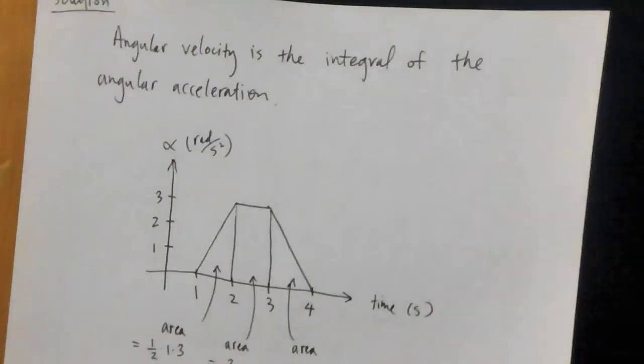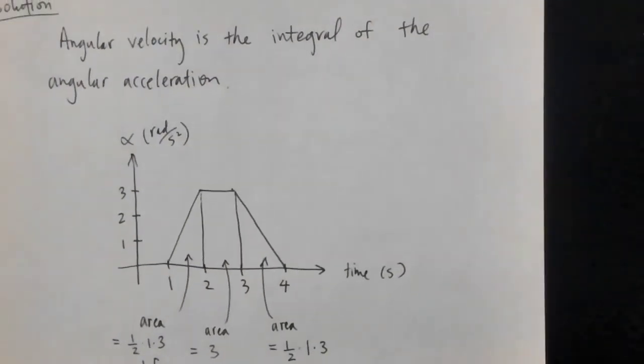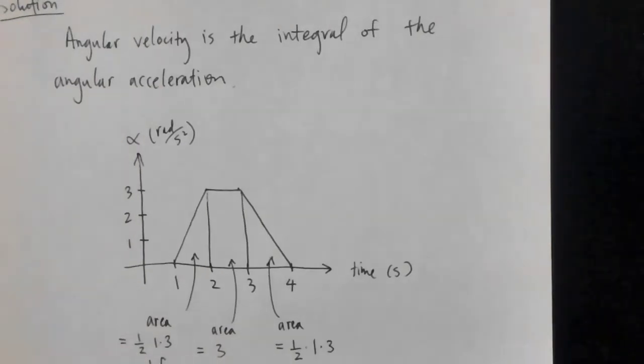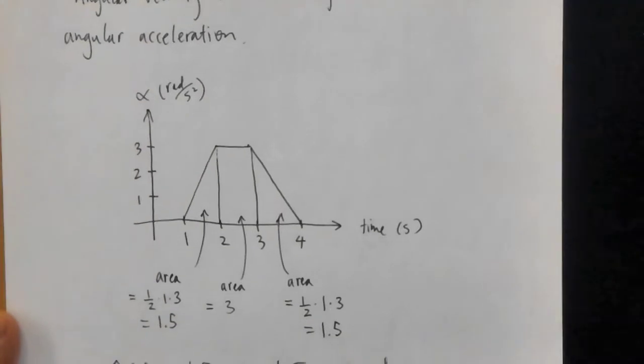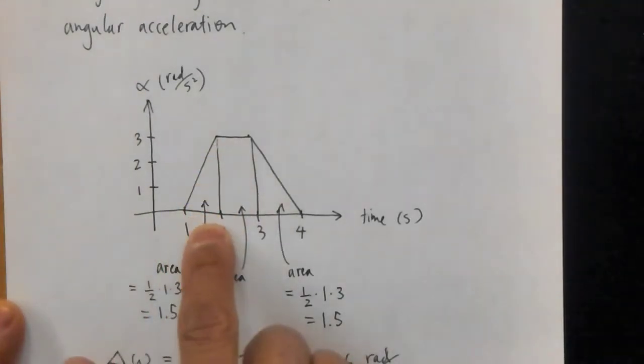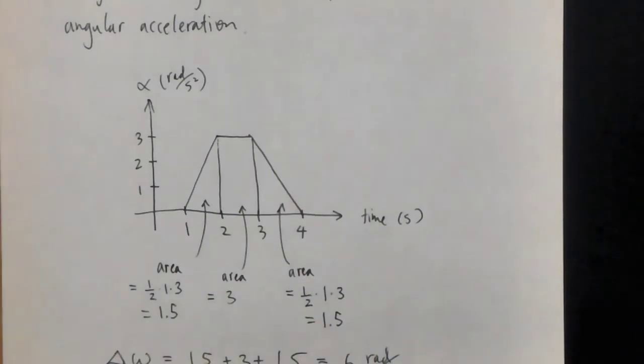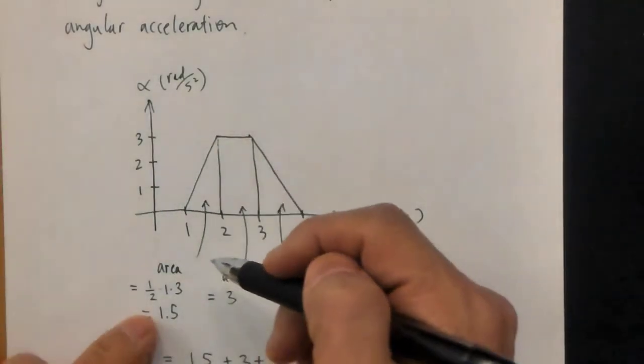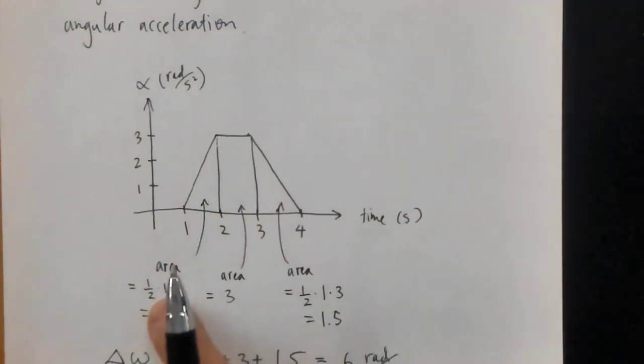So once again, I'm going to be lazy because I have a nice drawing right here. We're going to calculate the integral of the angular acceleration. That will give us the change in the angular velocity. Okay? So we have triangles. This triangle has a base of 1 second and a height of 3 radians per second squared. So 1/2 times the base times the height,